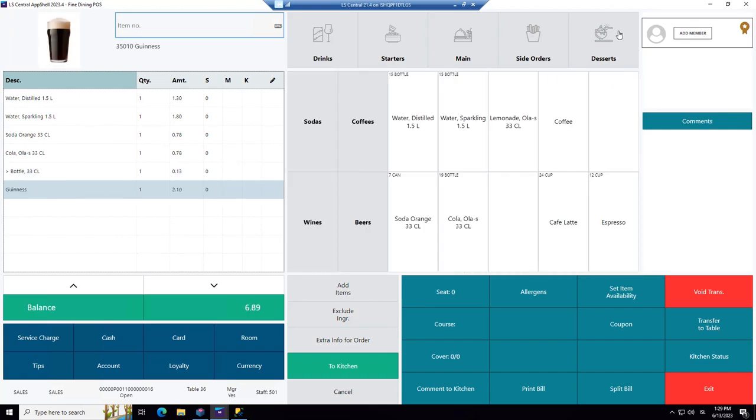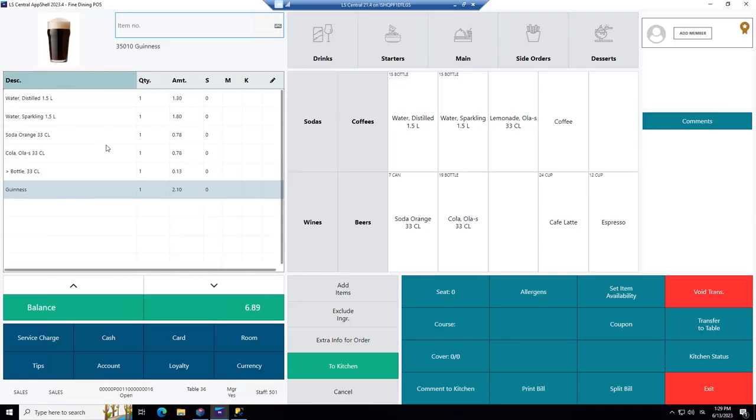It is optional, it's up to the implementation, it's up to who is setting up the system, whether they want to have all the food here or not. It can be convenient to be able to order food from the bar, if people are waiting for a table and want to be quick. So this is all possible to set up. It can be different for the bar and the restaurant, but that's another story.